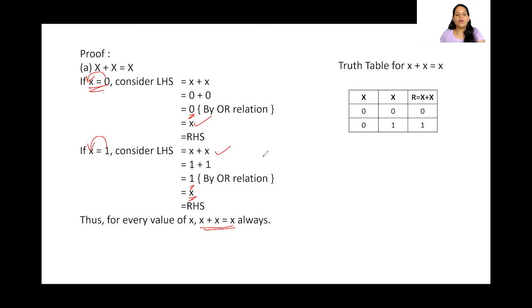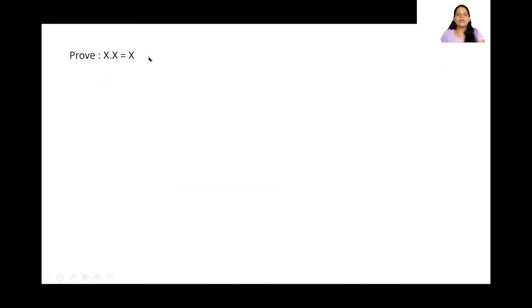Let's just prove it for AND operation. So before that, have a look at this truth table. So we are taking x value. So 0, 0, 0, 1, the two values we are taking. So when we are doing OR operations, what happens? 0, 0, 0, 1, this becomes 1. Clear? So let's prove this for our AND operation. So how do we do that?